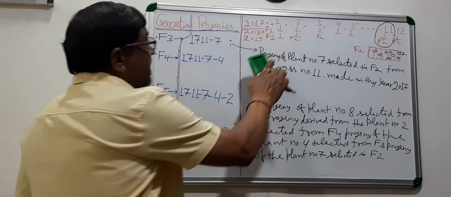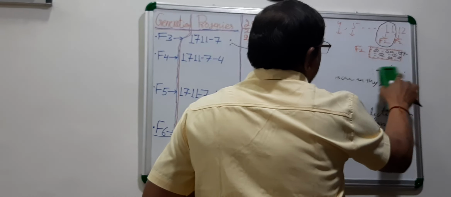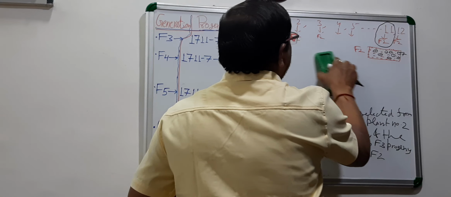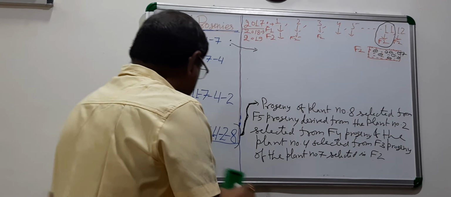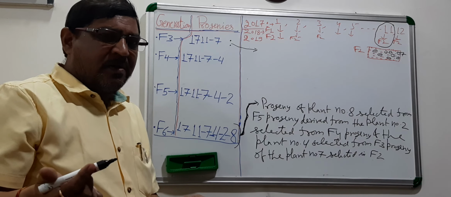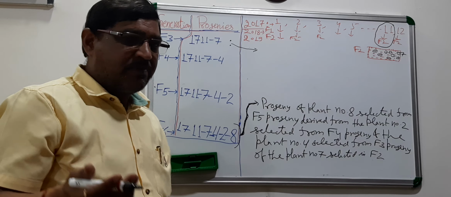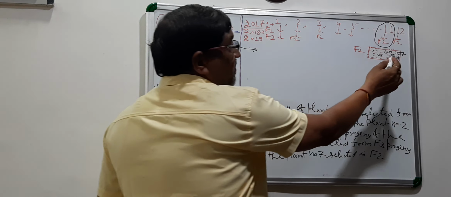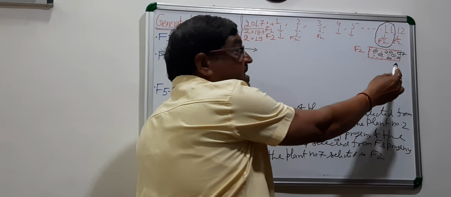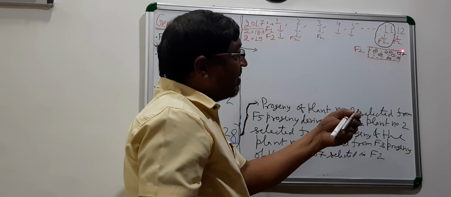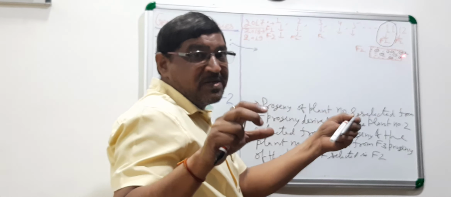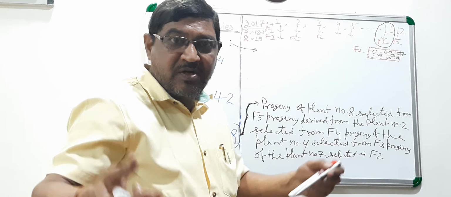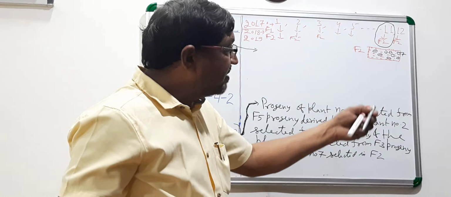So in this way, there are several ways of making the pedigree record, but I'm explaining the simplest method of preparing the pedigree record. As I said, this is the plant number 7 you have selected. You have harvested it after selfing, and you have got seeds, maybe 100, 200 seeds from single plant number 7.